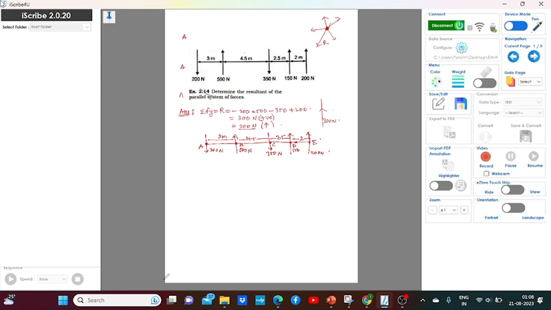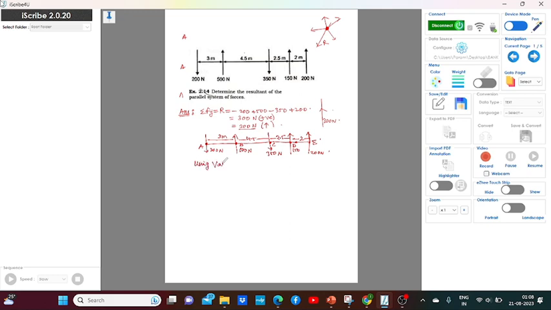Now we will be using Varignon's theorem to calculate at what distance from point A. You can select any other point, either point A or point C or D. Let me take point A. So at what distance from point A will my resultant lie? For that we use Varignon's theorem, and I am writing over here: